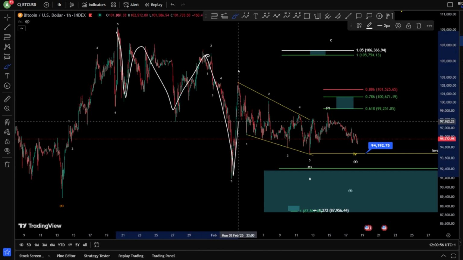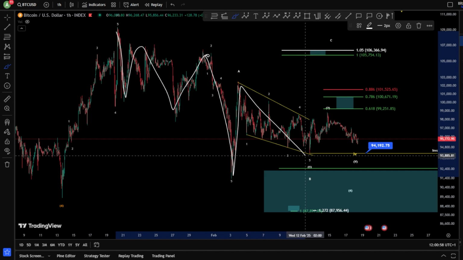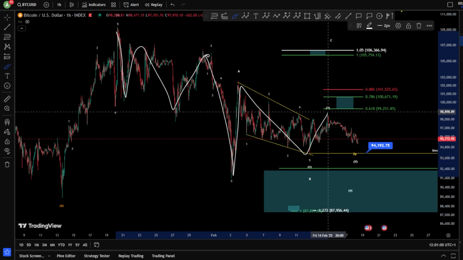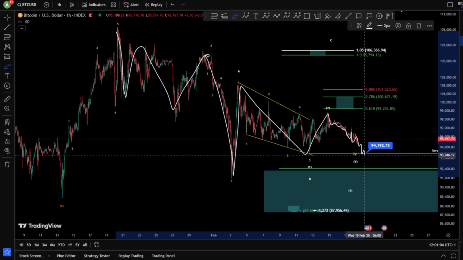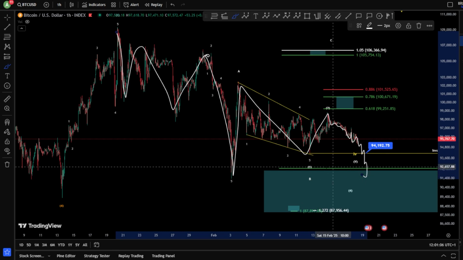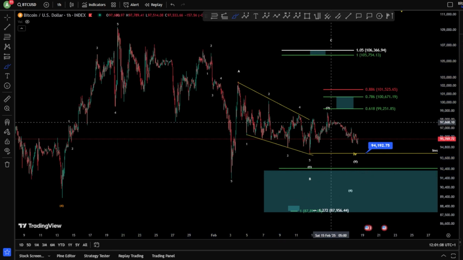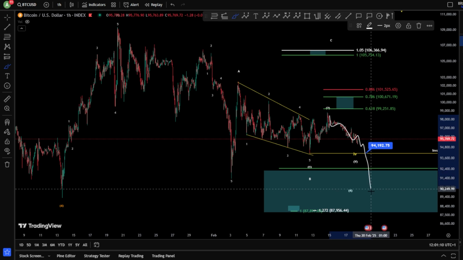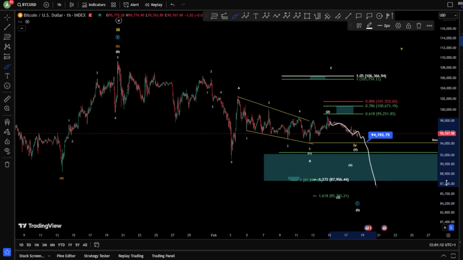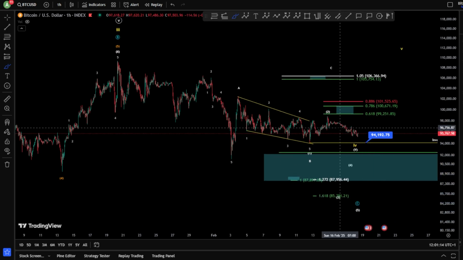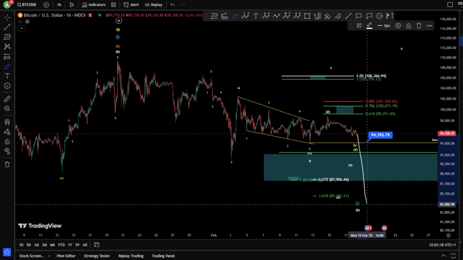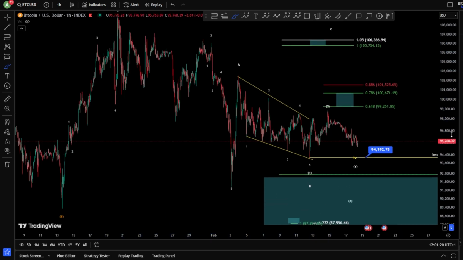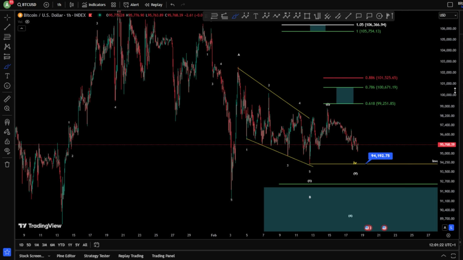Then another big 1-2 here, and another 1-2 as a leading diagonal, and you have, of course, several 1-2s here in smaller shapes. So you would like to see, of course, this wave 3 exploding toward the downside, right? We have finished all the structure needed for the bearish scenario, and we really just need to see this third wave moving toward the downside.